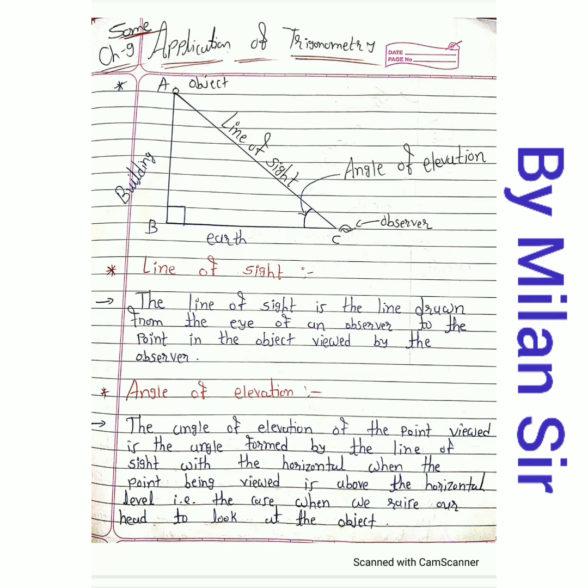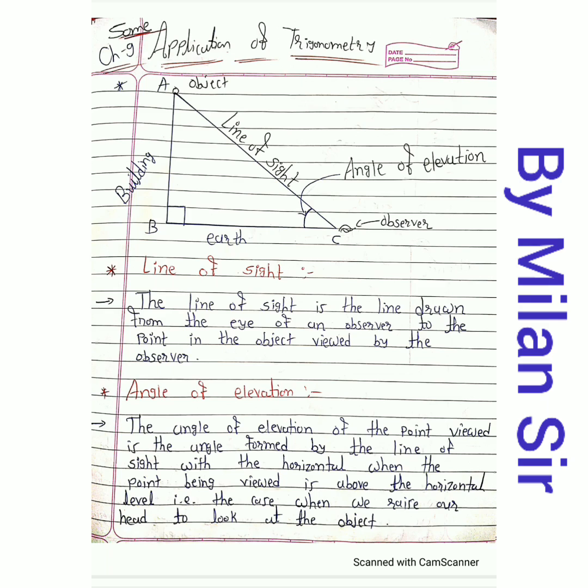By using this concept, we can find the height of a building, the height of a pole, the height of a street light, the height of a red house, even the range of a red house. We can find the distance between two boats in a sea, the distance between two vehicles on a road, the height of a tree. So many applications are there. In many situations we can use the trigonometry concept, but one condition is that one right angle triangle needs